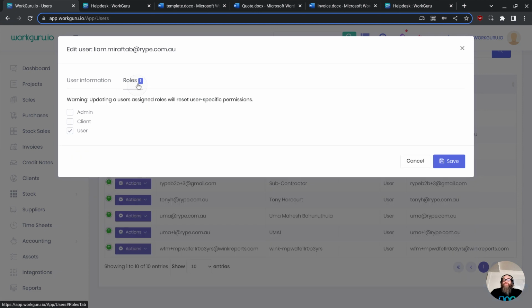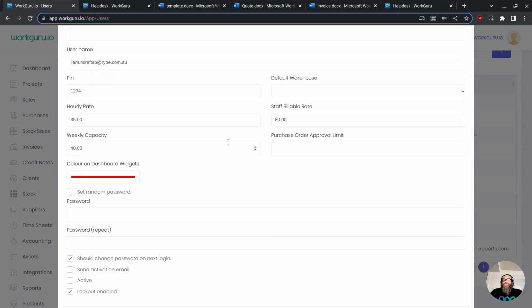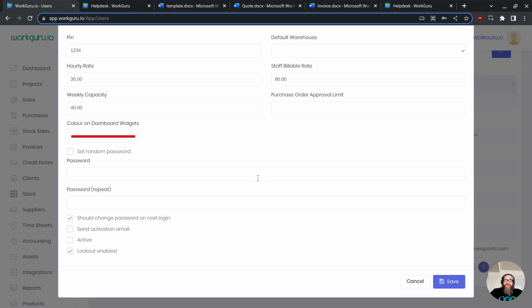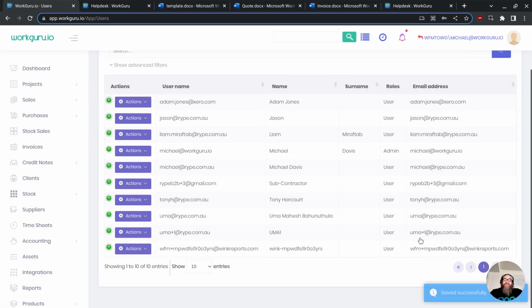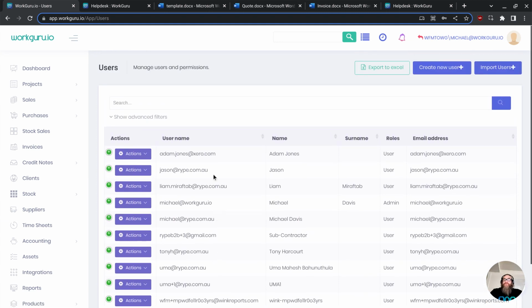Once you're happy that the user's been set up and assigned to the correct roles for their permissions and workflow, the last thing would be to send the activation email and mark them as active. That user will receive a welcome to WorkGuru email that will step them through their first login. So once you've enabled all your staff, everyone will have access to WorkGuru with the roles that you provided. And from there, they're ready to start adding their time